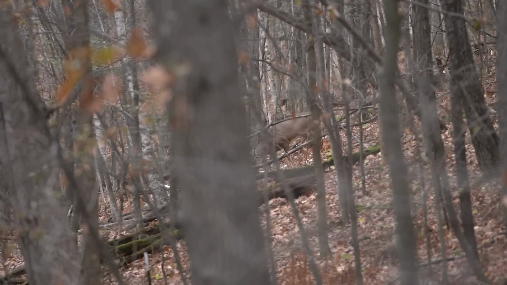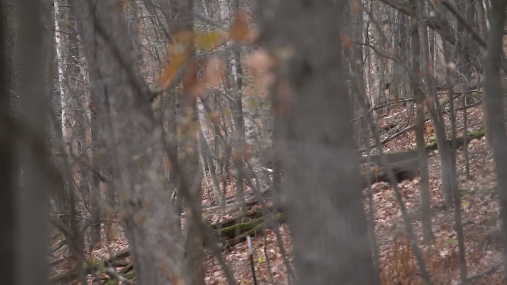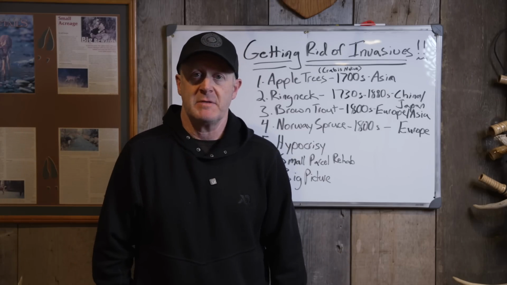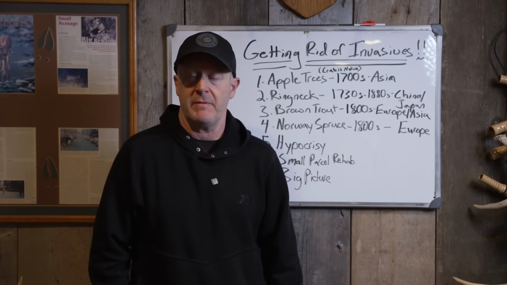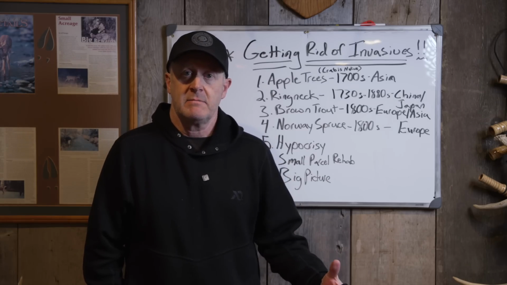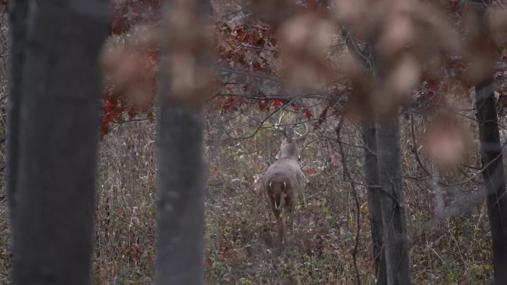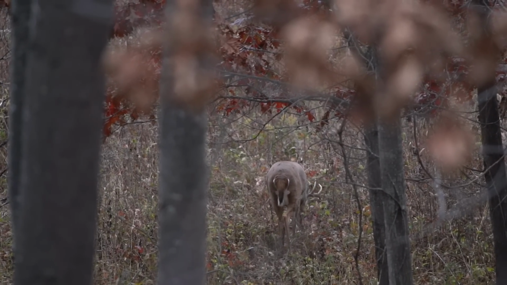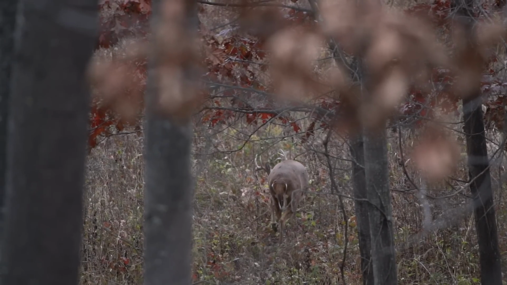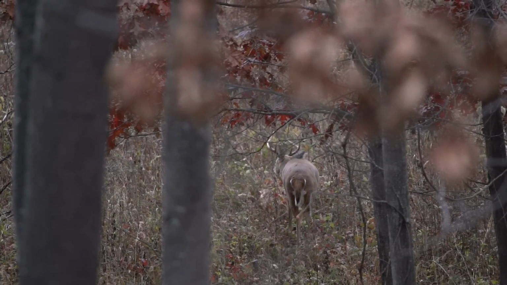Again, big picture, get rid of the honeysuckle if you want. But use the honeysuckle as a base coverage. Use the autumn olive as a base coverage, which is what I tried to talk about in that article 20 years ago. And remove pockets, kill it, spray it, whatever you want to do. Allow the other remaining pockets to surround that area. Allow that to provide your cover, your screening. And now you can have the best of all worlds.